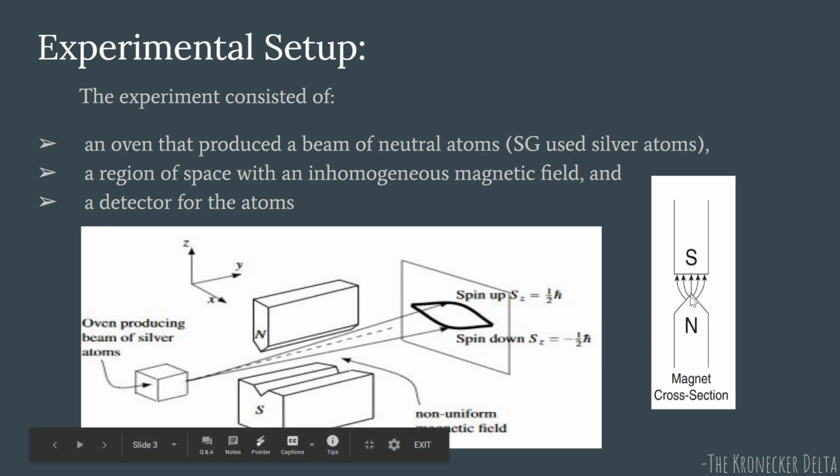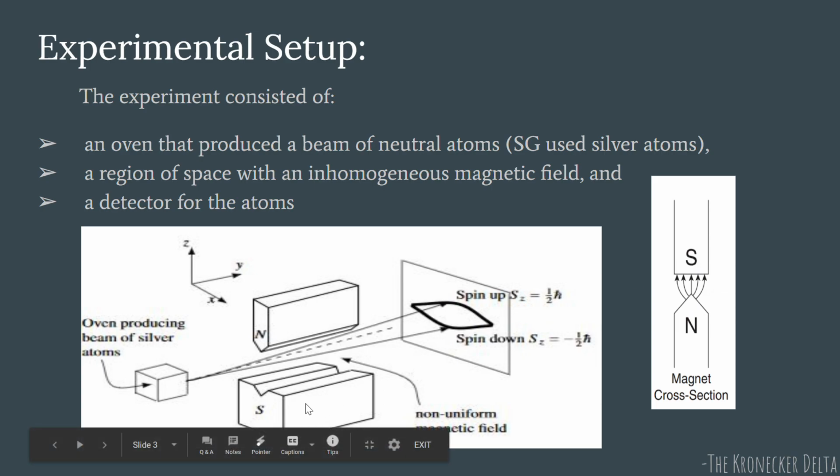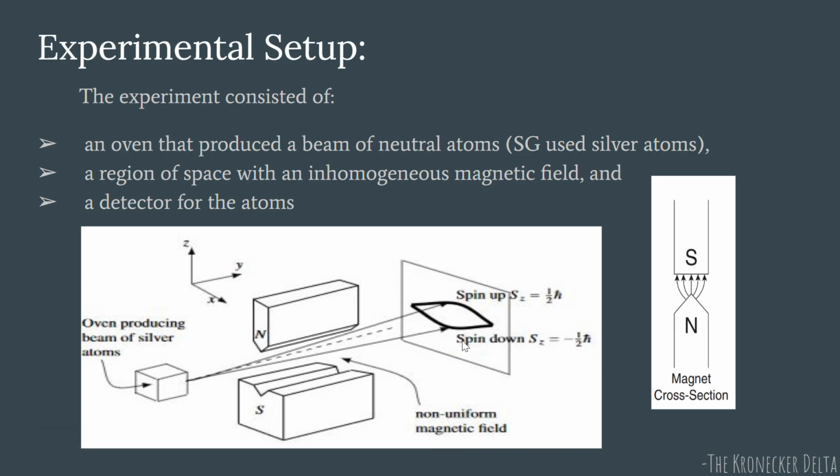Whenever you have a sharp peak, the magnetic field in that region is stronger. As you can see, the magnetic field lines are close here. Here the magnetic field lines are far apart, which means that the magnetic field strength is weaker here, stronger here. So as you move in the z direction, you see that there is a change in the magnitude of the magnetic field. So we say that the magnetic field gradient is set up in the z direction. And then we have a detector for atoms. This detector is nothing but a screen wherein you see the atoms after they pass through the inhomogeneous magnetic field, how they are split, that we detect at the detector.